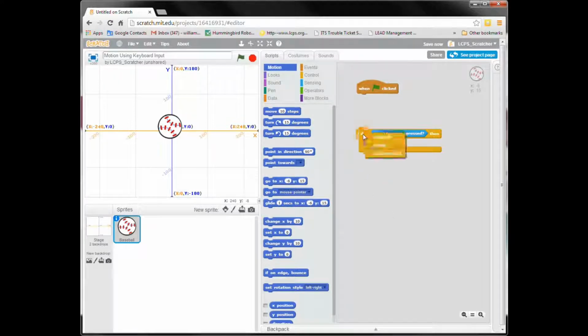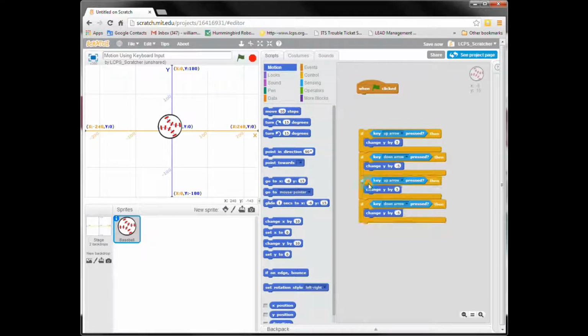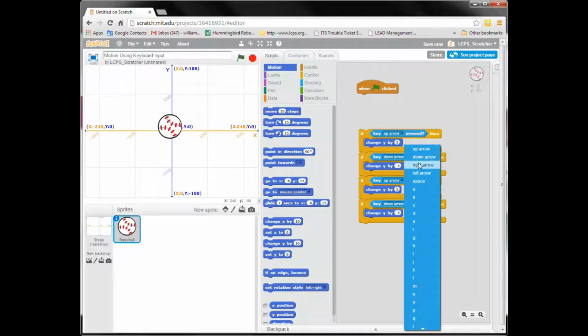Remember in Scratch, if you right click on a piece of code, you can duplicate it. So I'll simply change this one now to if the down arrow is pressed. I'm going to change Y by -5. And then I can duplicate again this whole block of code. I'm going to use the right arrow